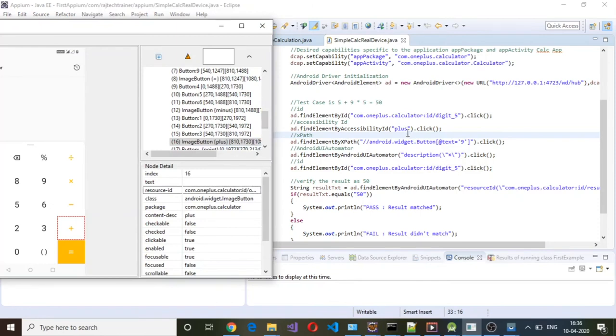Okay, so plus is here, and 9. For 9 again, this is the class name Android widget button, and the text is 9 here. Okay, and for multiplication,